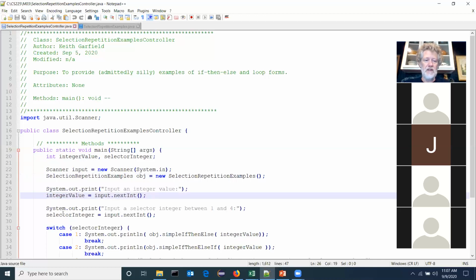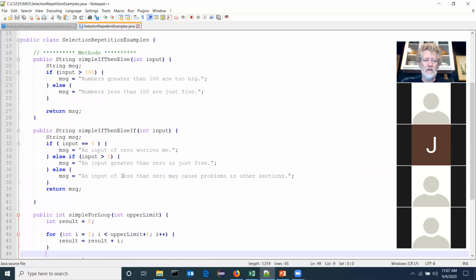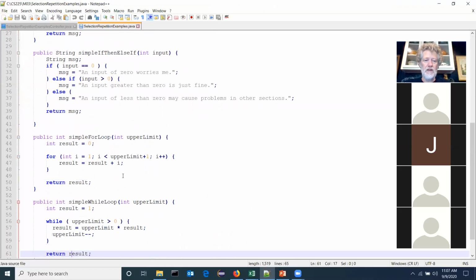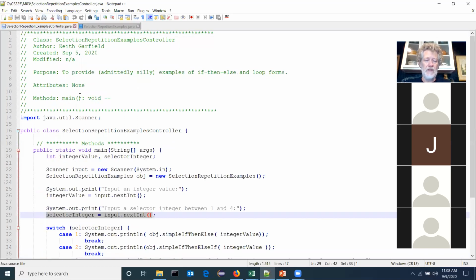Assign it to integer value. I ask the user to give me a selector integer between 1 and 4. And basically, if you look here, I've created 4 different methods: the if then else, the if then else if, the simple for loop, and the simple while loop. There's 4 different methods. So what I'm doing here is I'm going to run one of those 4 methods based on the number that was given, 1 through